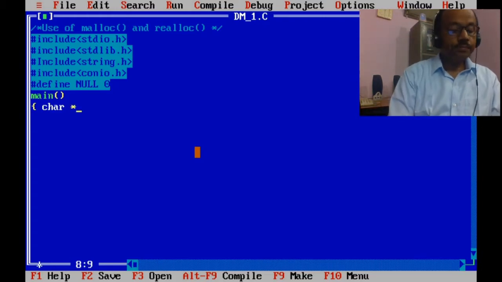We are declaring a pointer named buffer.